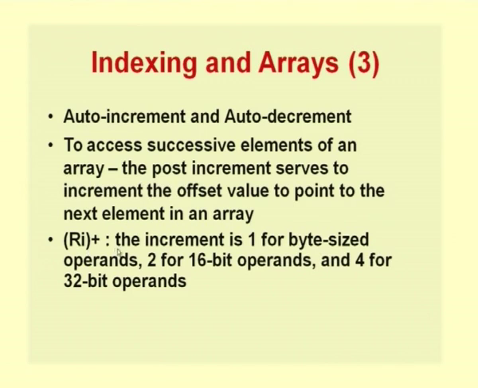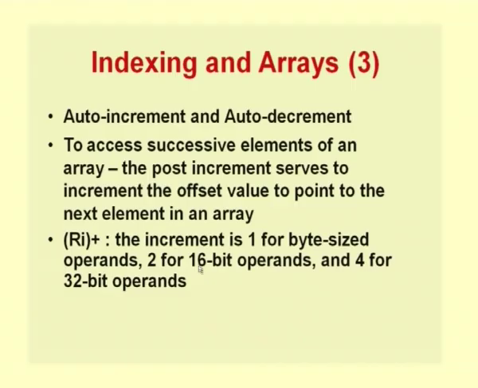This increment that we are talking about would normally be 1 for byte sized operands, but if the operand were a 16-bit operand, then it would be 2, and if it was a 32-bit operand that we are looking at, the value that you are incrementing by will be 4. Of course, we are assuming that our addresses are all byte based addressing. So, which is why the address of a 16-bit operand would be 2 away from the first operand. That is, if A of 0 was at 100, A of 1 would be at 102. So, which is why we would need to add 2 for a 16-bit operand. Okay. So, this is what normally happens in the auto increment addressing mode.